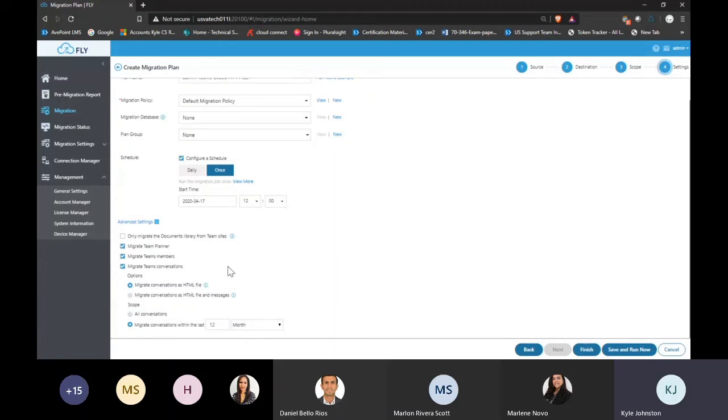The option to only migrate the document library from the team sites. You can migrate the team planner, migrate team members, migrate team conversations. One thing you come into here as well is you can migrate the conversation as an HTML file. If you have this one selected, it will actually only bring over the HTML file in that selection itself, and it'll go ahead and just put that as a document in the team,